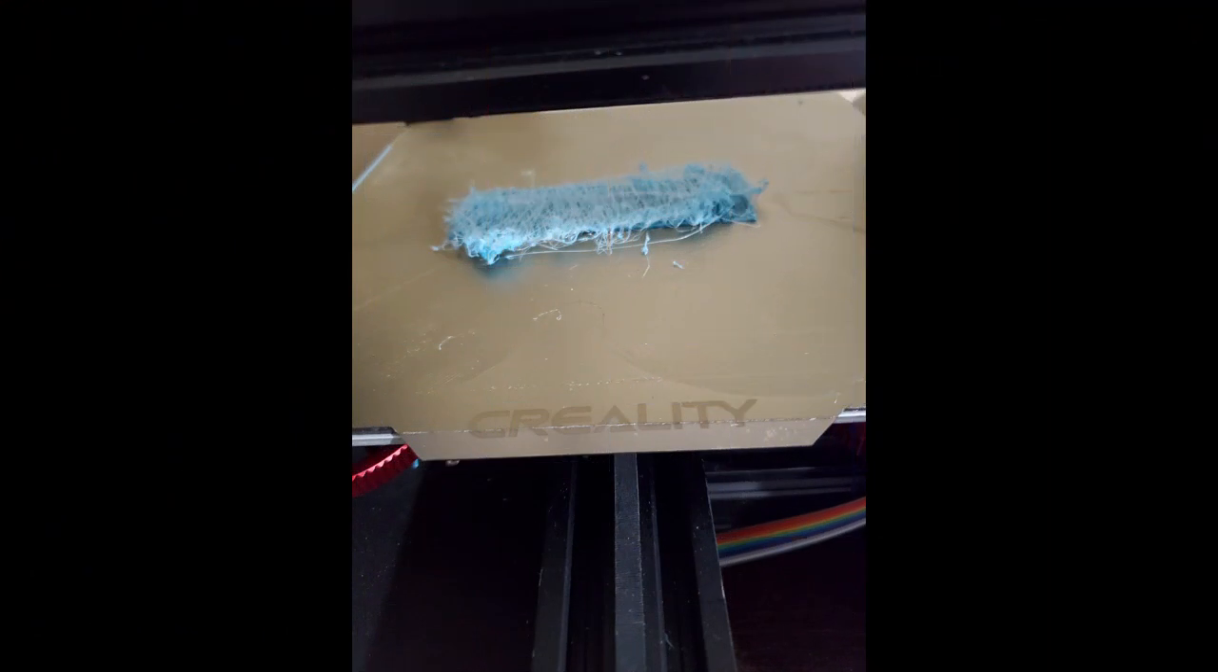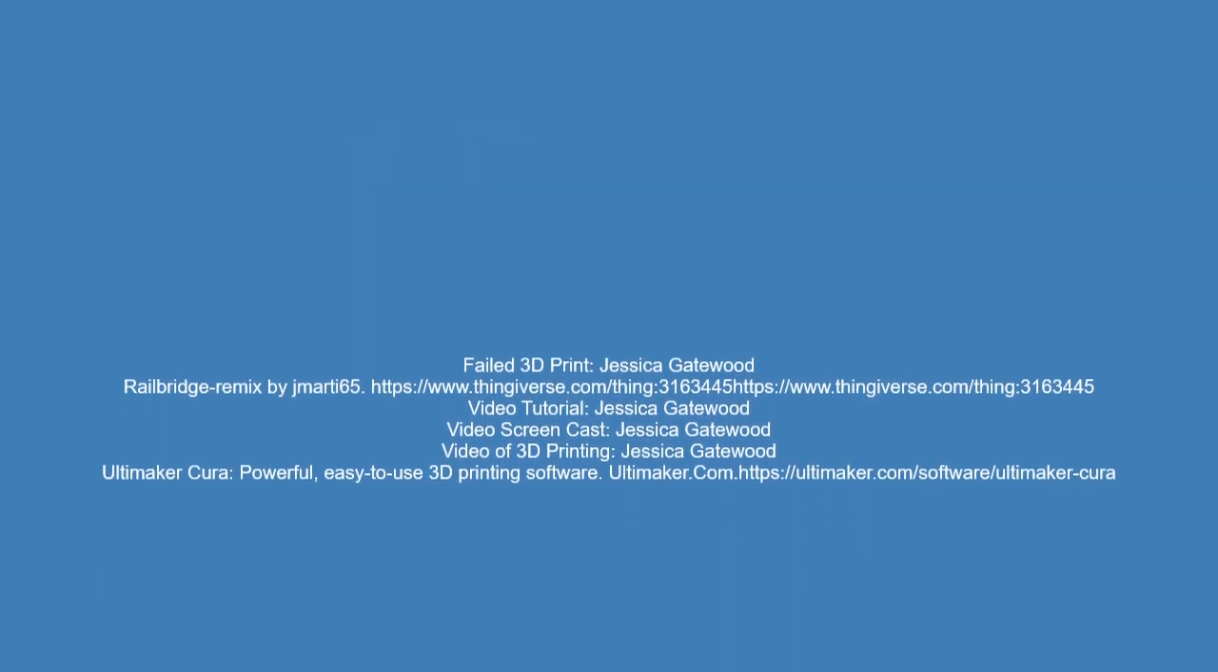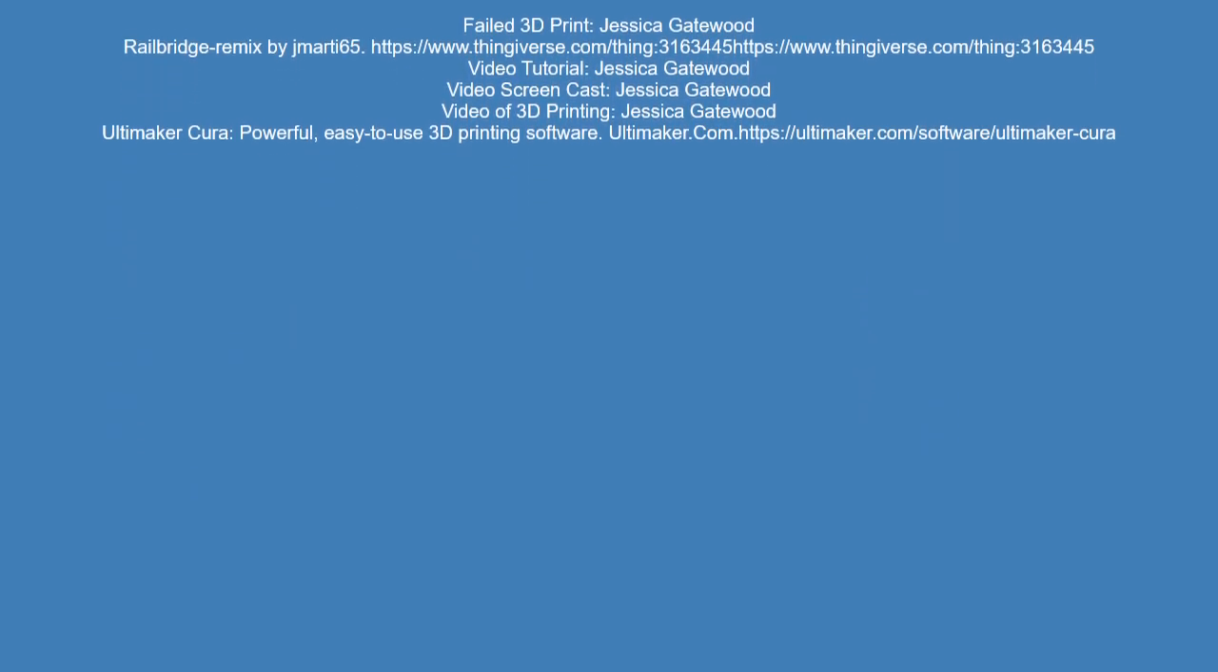Unfortunately, this print failed due to 2 broken parts, and these parts will not be here in time to try for a successful print. One thing you'll learn about 3D printing, you have to have a